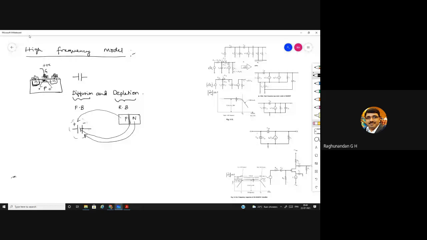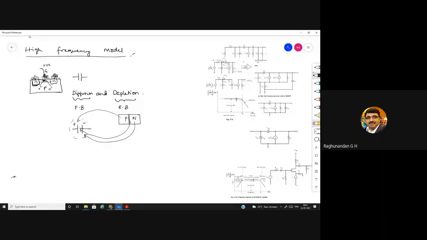As already we know, the junction is going to exhibit resistivity, it is going to offer some resistance. We tell that diode has resistance. Under forward bias, it offers less resistance. Under reverse bias, it offers more resistance. In the same way, diode is also going to exhibit the capacitive behavior.